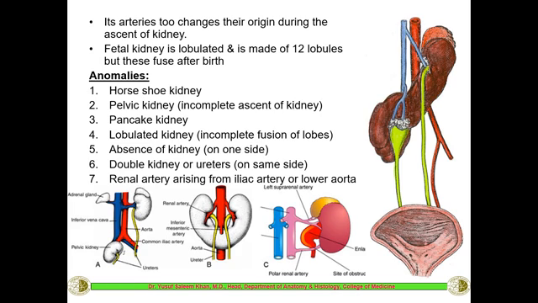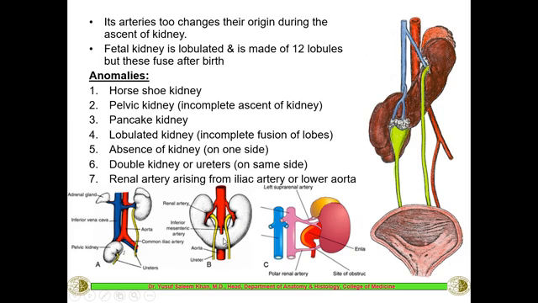Now after a brief introduction of the development of the kidney, we can understand the different types of anomalies which might have arisen because of this development. Sometimes a very typical and very common anomaly seen with the kidney is called the horseshoe shaped kidney. So if you can see here, this is the picture showing the horseshoe shaped kidney, where